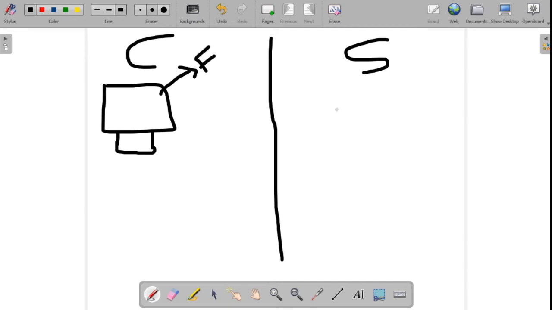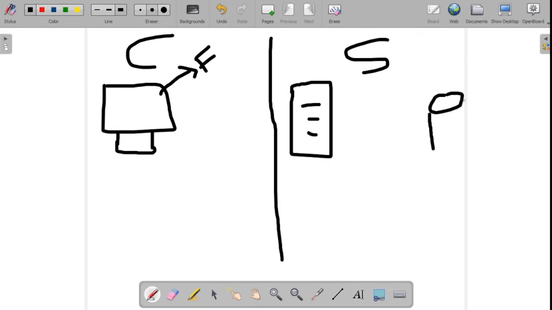All the business logic is built in the server side languages. Let's say this is the server. As usual, I am drawing here: here is your server, here is your client, and here is your database. Database is a place where your data gets stored.